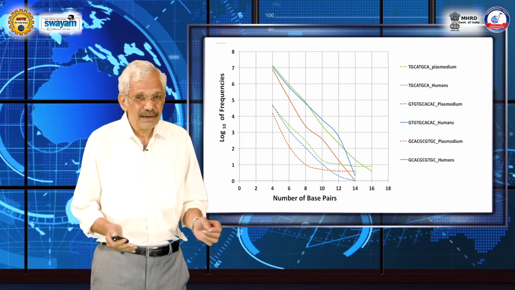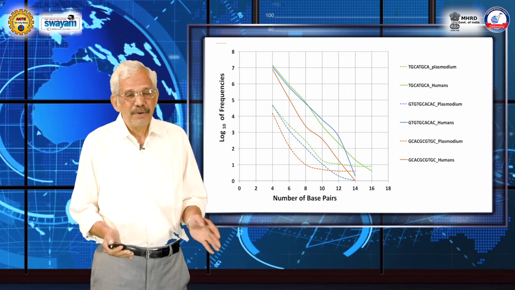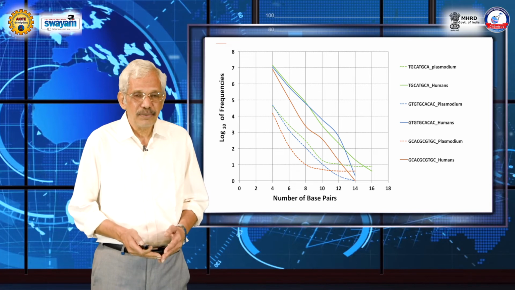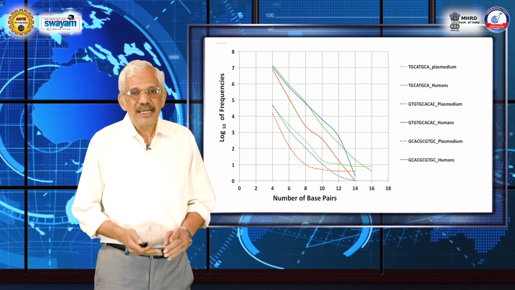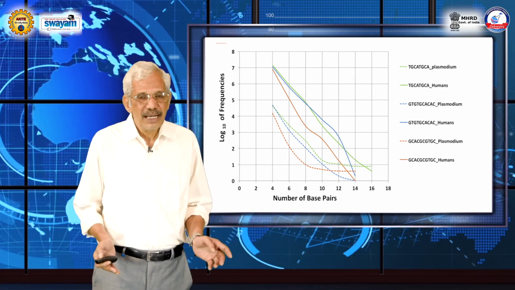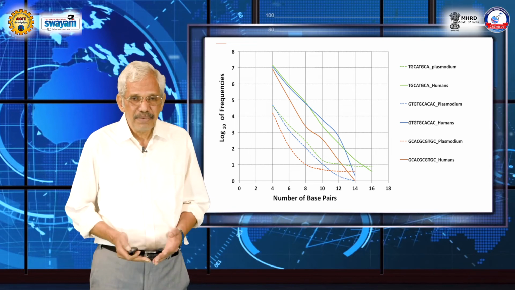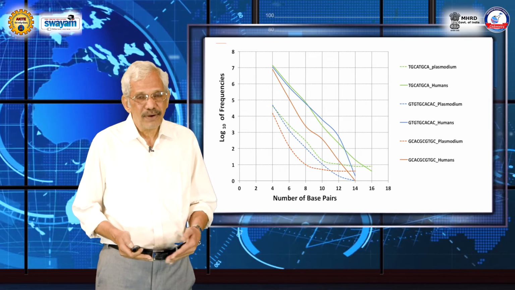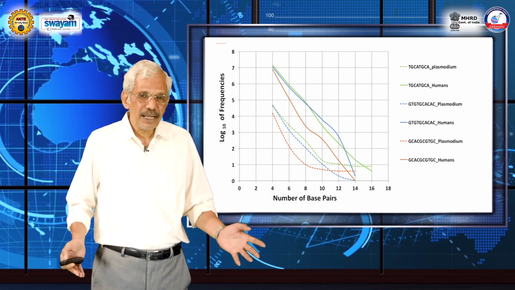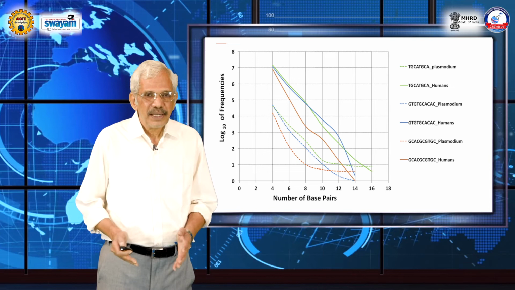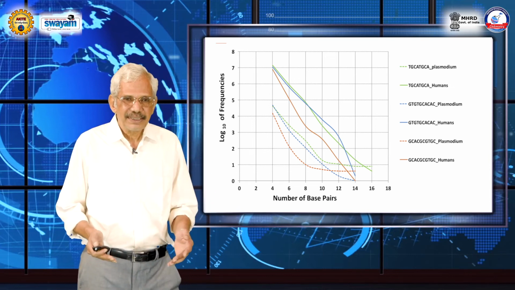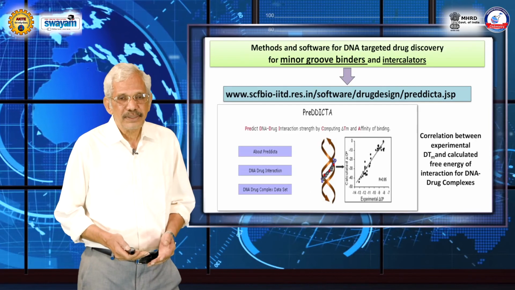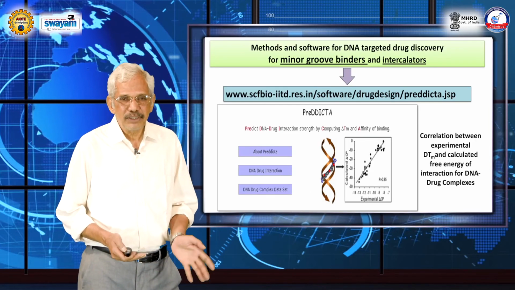Now, 20 base pair coverage will be axially about 68, 34 times 2, 68 angstroms, and that would mean radially it's a very long, big polymeric molecule. So, obviously, drug delivery will be a problem. And remember, DNA is inside another membrane, the nuclear membrane. So, you have to cross an extra membrane, and you have a huge molecule to target. But again, nanobiotechnology and drug delivery systems should help us to overcome these kinds of problems in the near future. But this is not to say that we don't have methodology.